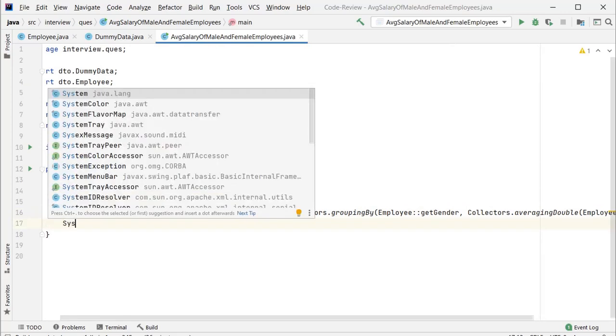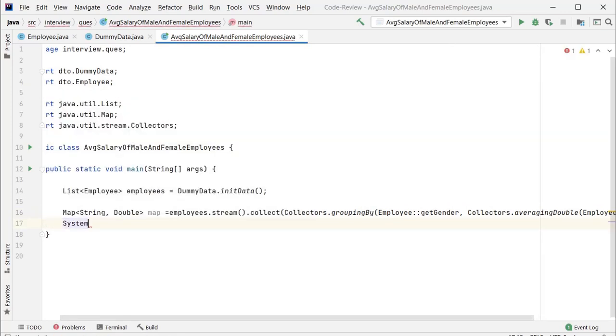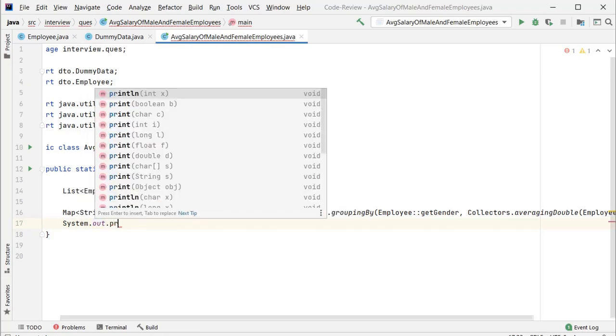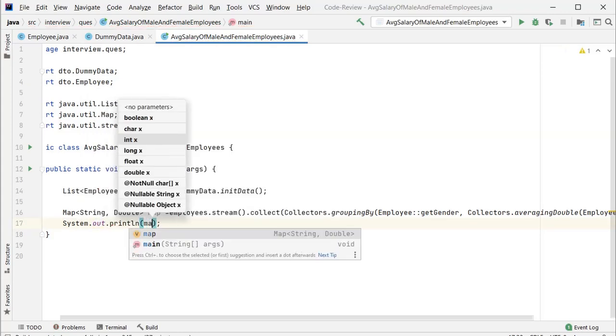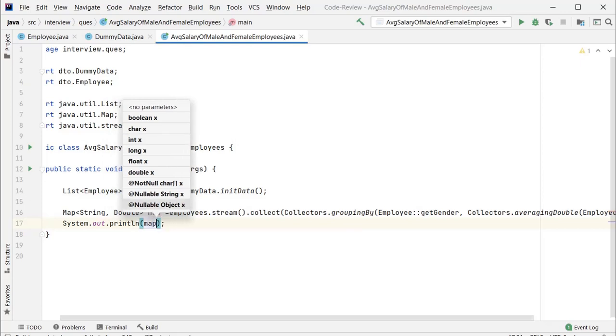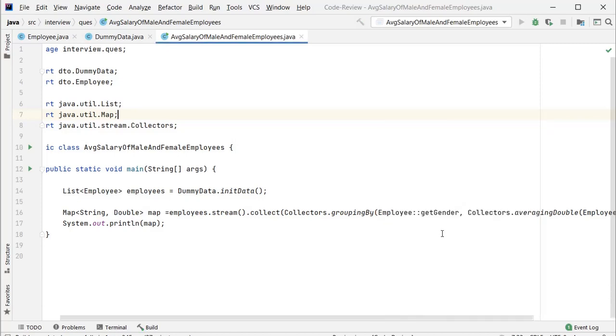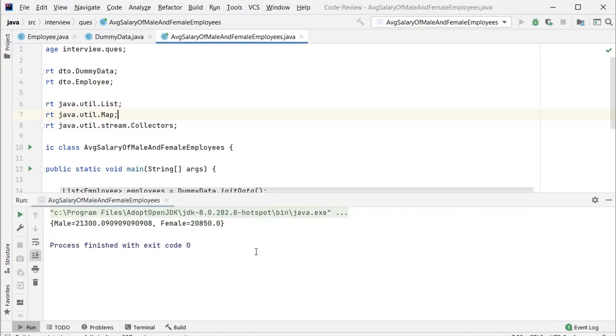Then I can print it. So here I'll print and show you the output. In the output you can see the male employees' average salary and the female employees' average salary.